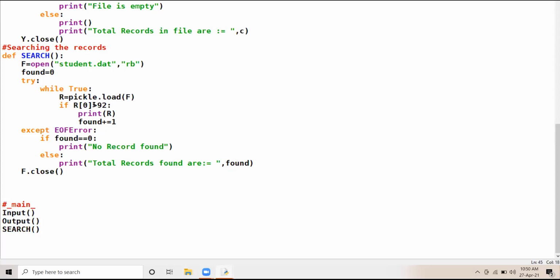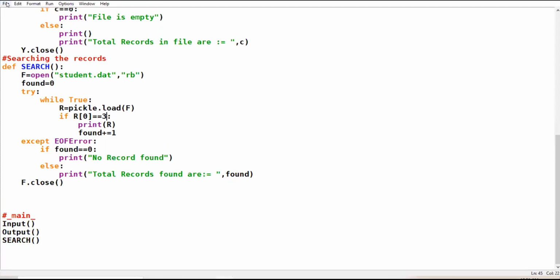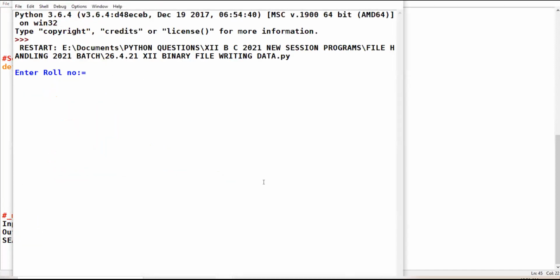If R of 0 equal to 3 means display the record of that child whose roll number is 3. Okay? So enter roll number 6, name Ansh, marks 78.